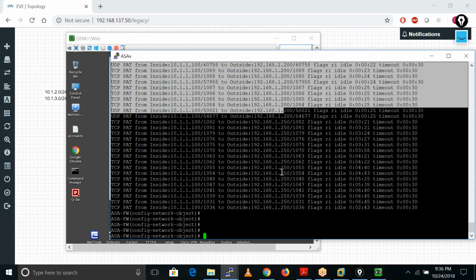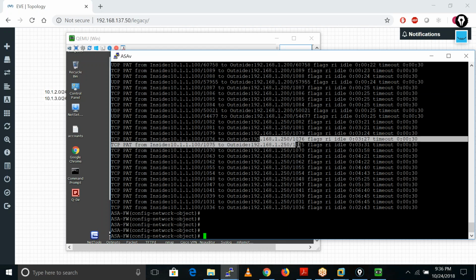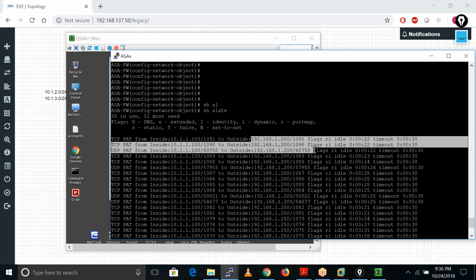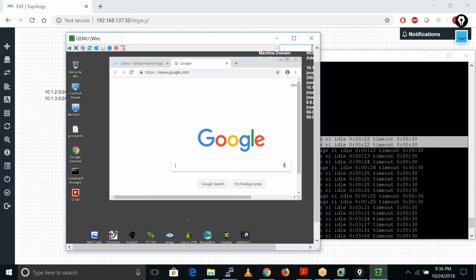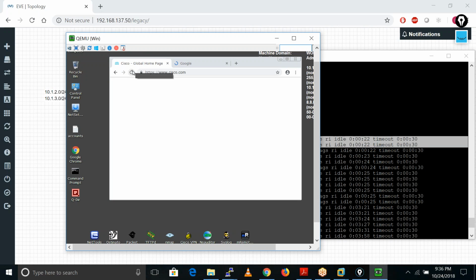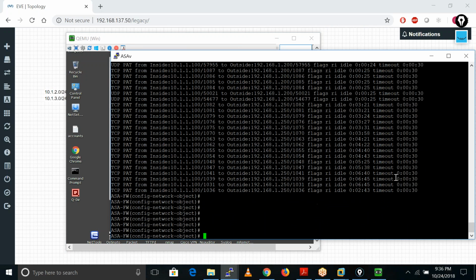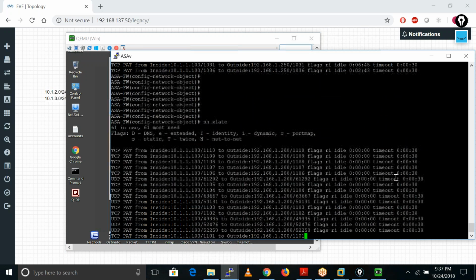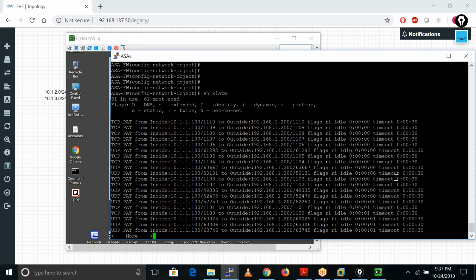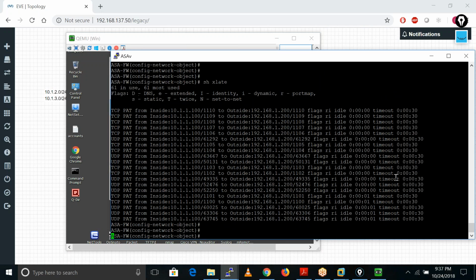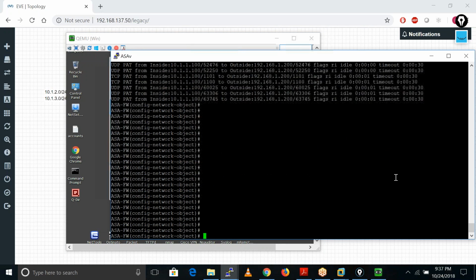Because our system, these are the old entries, these are the new entries, because this guy is regularly sending some traffic to us, like Google and towards the Cisco websites. Okay. So this is the way how we can do PAT on a particular IP address, not on an interface IP address.